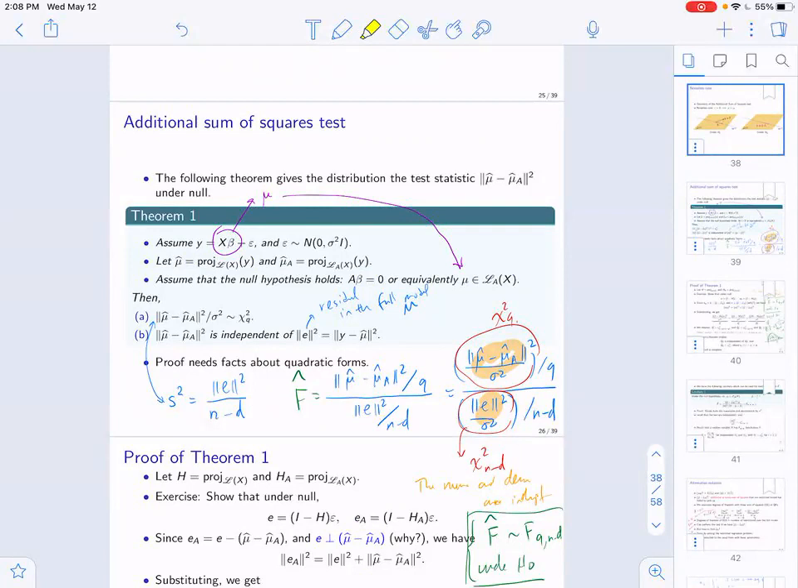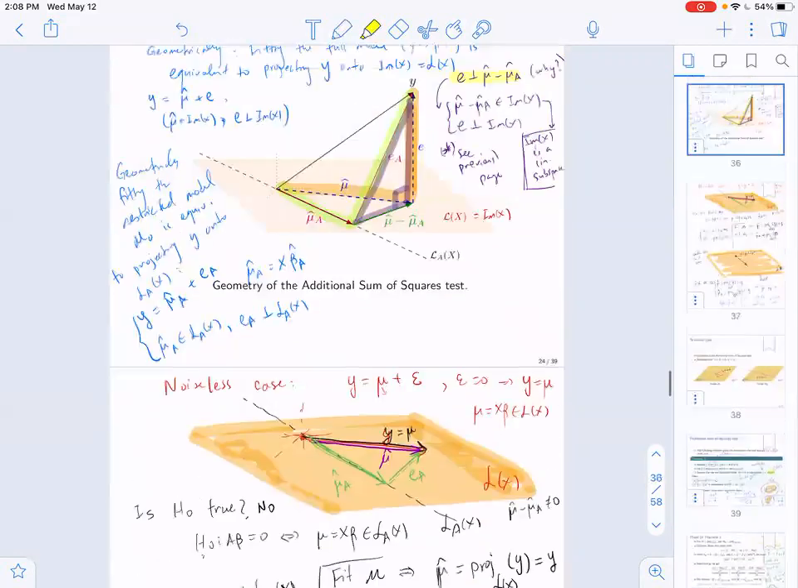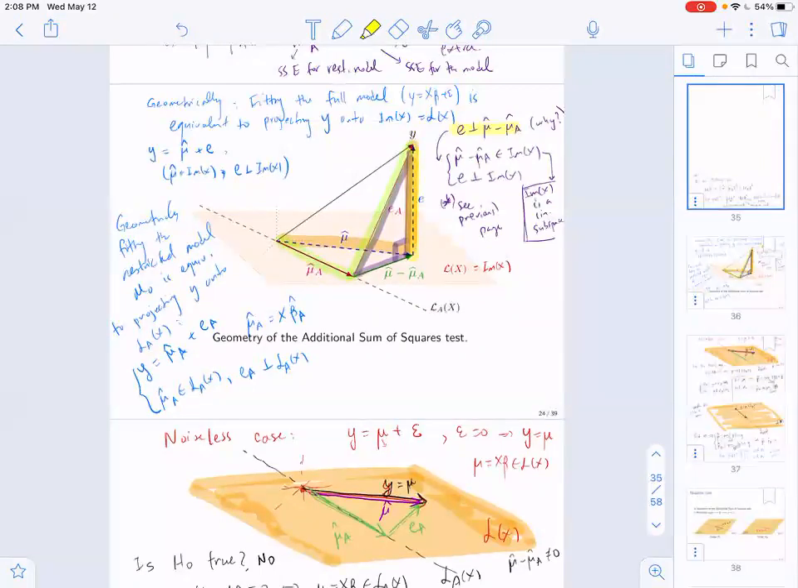The null hypothesis puts the assumption that mu is in a restricted subspace of L of X. Under the general assumption, mu belongs to L of X, so it's of the form X beta, but under the null, under H naught, it would further belong to L_A of X, which is a subset of L of X. By doing this projection once onto L of X, we get mu hat, and then once into L_A of X, we get mu hat A,